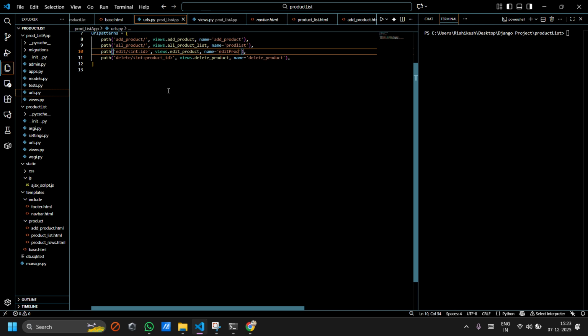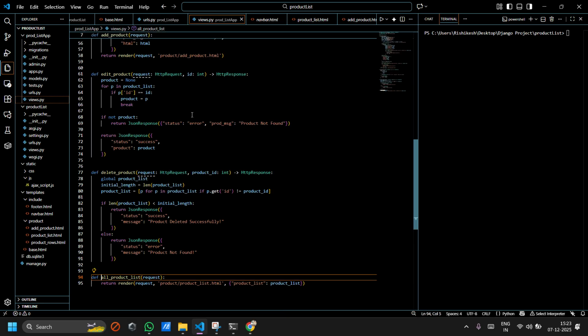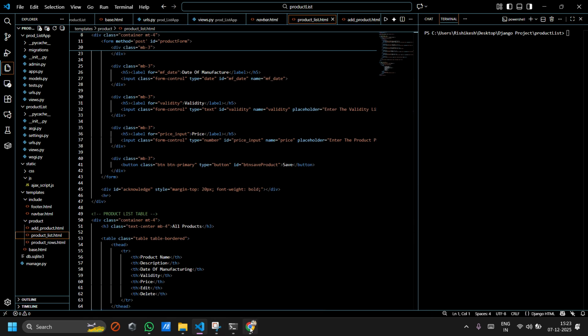Then I see in the app urls.py that there is a path all_product with name equal to prod_list. The all_product function gets called, and we are rendering the template product_list.html on the page,